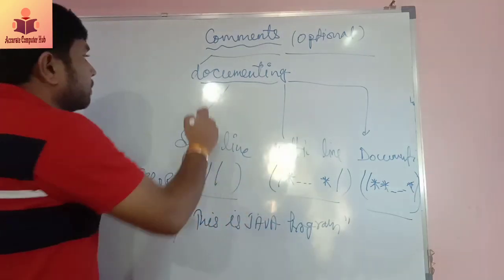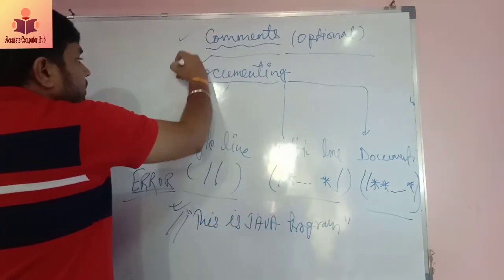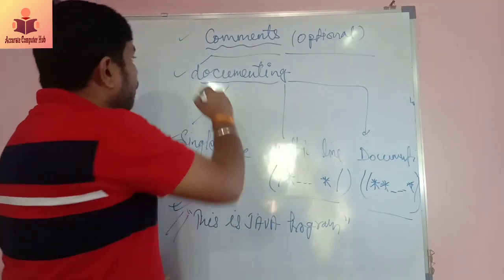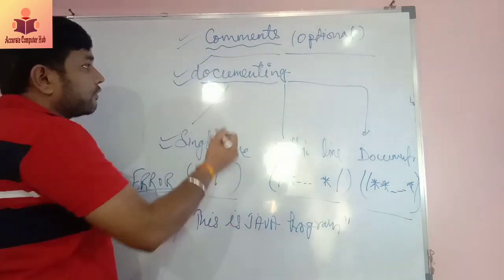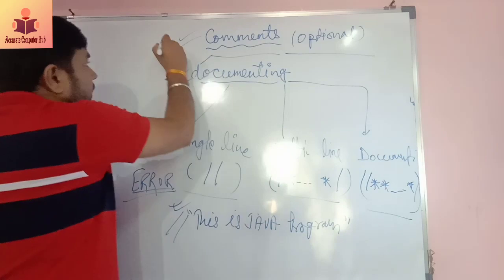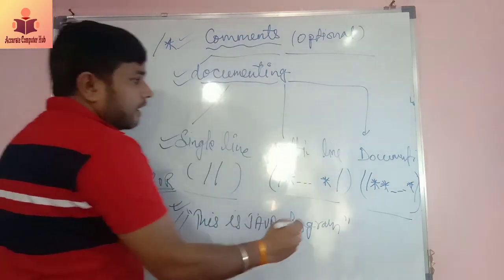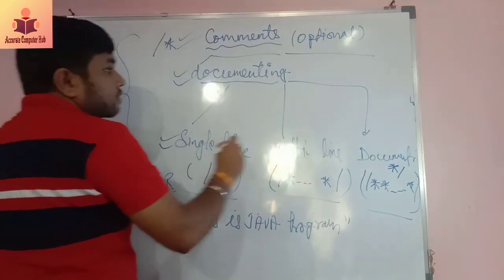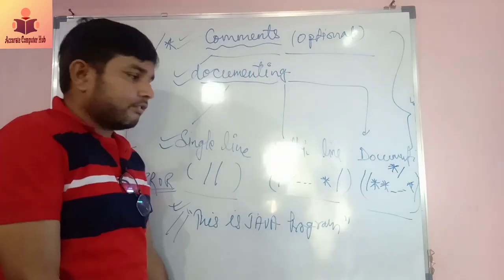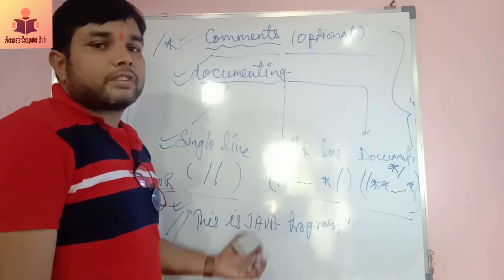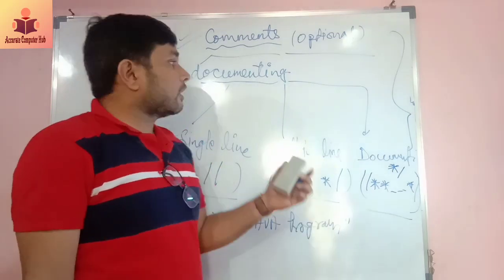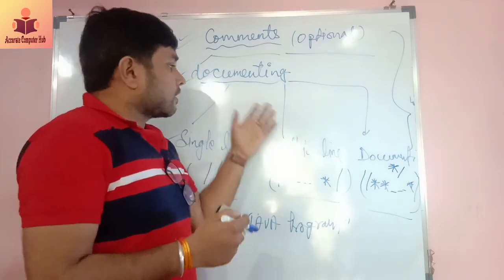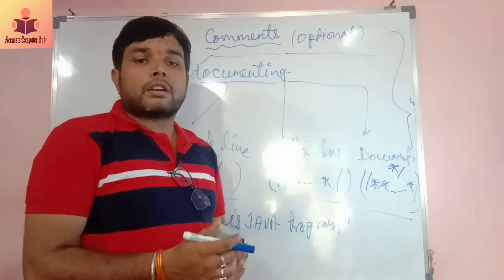Same as if you want to make multiple lines comment, like here, here, here. These are the statements you have written in BlueJ. Now if you want to make all these statements comments, then you have to use multi-line comment. Multi-line comment starts with slash star, and at the end of the comment you have to write star and slash. Now this all will show only in the source window, not in the terminal window. Same as documenting comment, if there are documents of 1 page or 3 pages, then you have to use documenting comment. Let me implement this comment topic practically, then you can understand well.